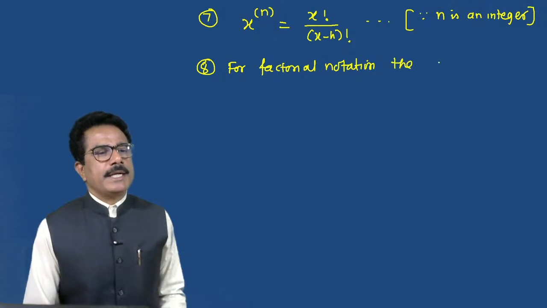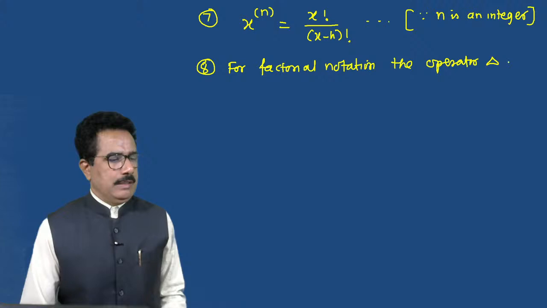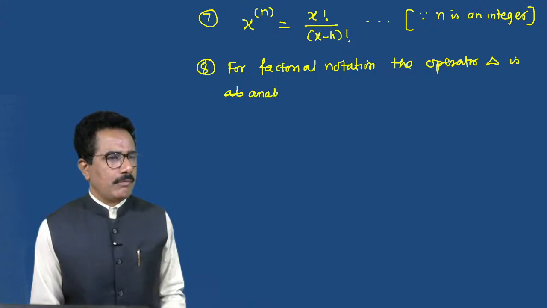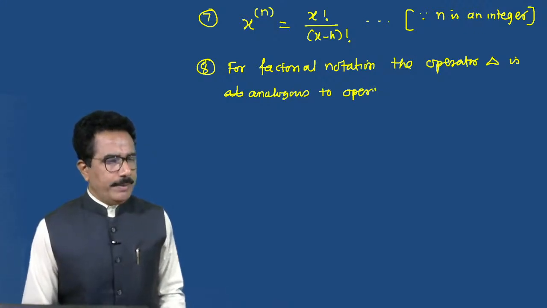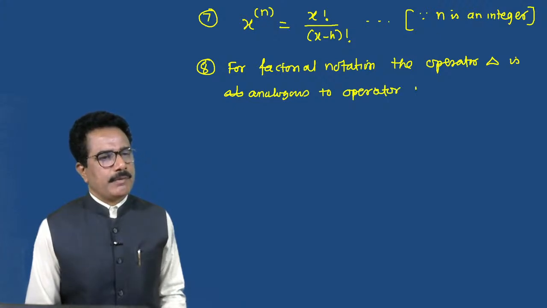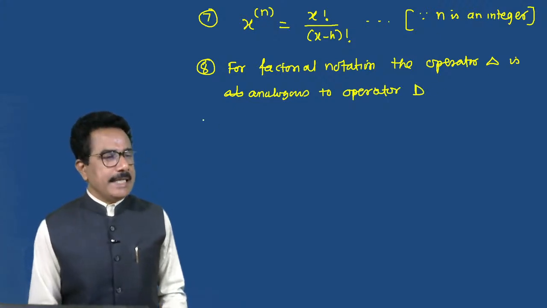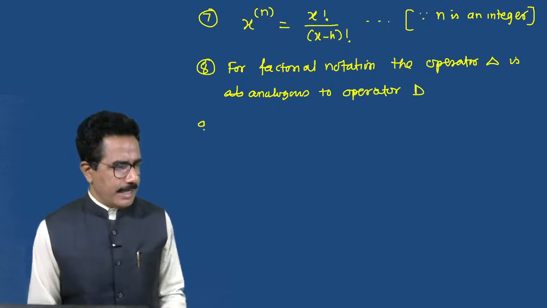the operator delta is analogous to operator D. डेल्टाच्या जागी डी लिहा फॅक्टोरियल नोटेशन साठी. हा, 9th नंबर,